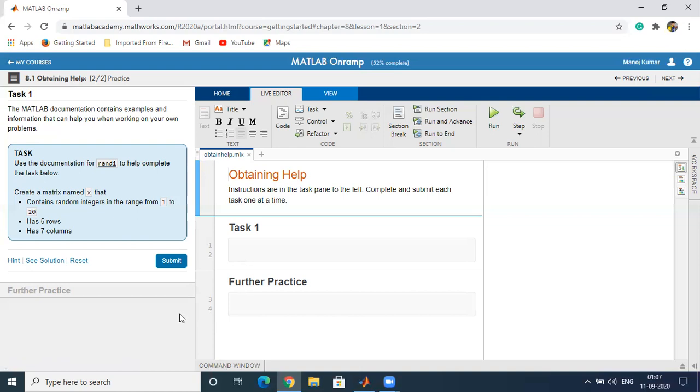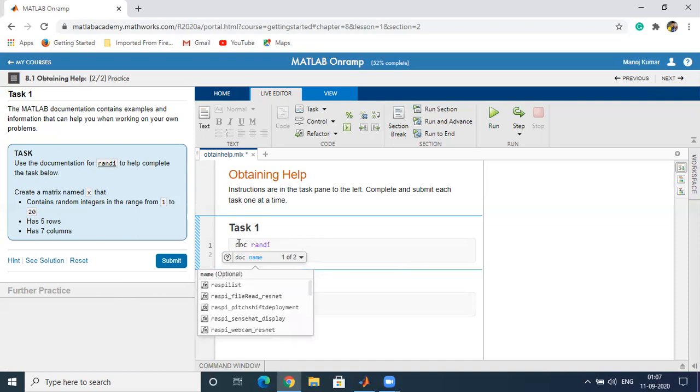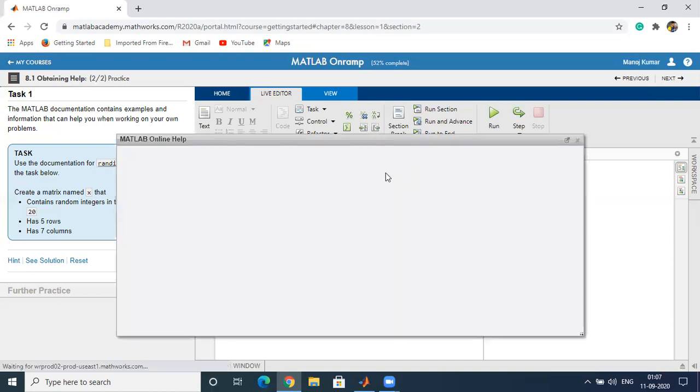So what we will do to get the help, here is the documentation file or help file. To get it, we have to use doc, doc randi. So press enter, just run. It will move to the next